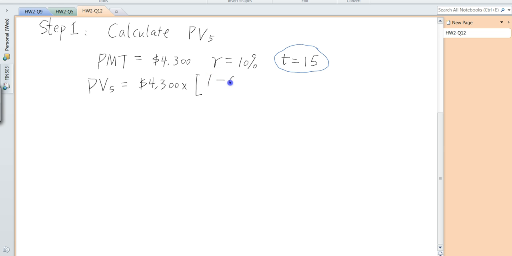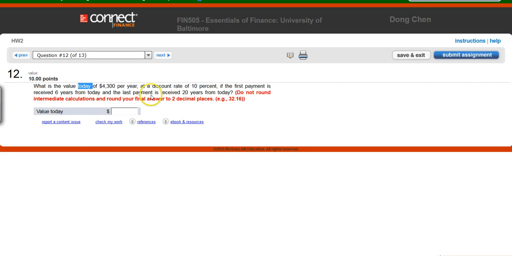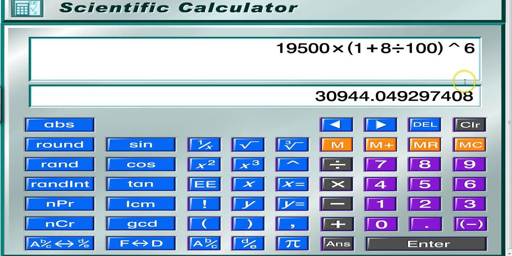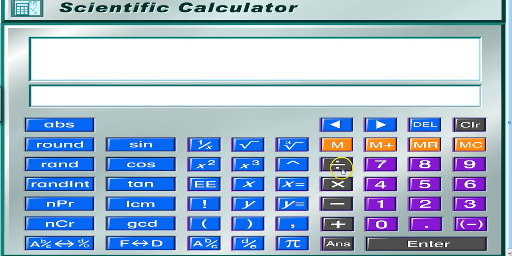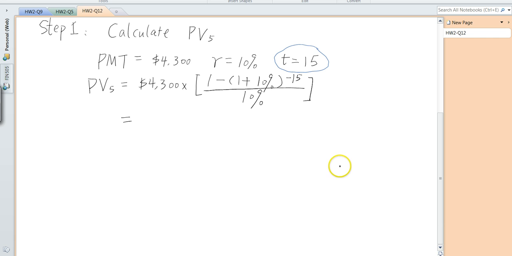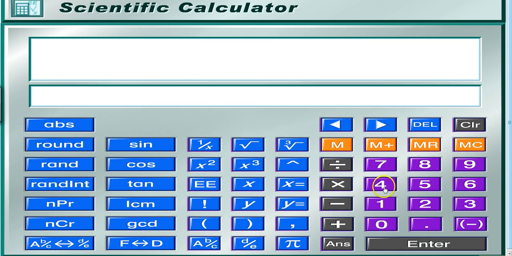1 minus (1 plus 10%, the interest rate) raised to the power of negative 50, and then everything divided by the interest rate, 10%. So then let's use the calculator to figure out this answer. So we have 4,000